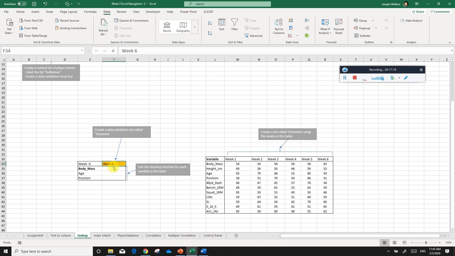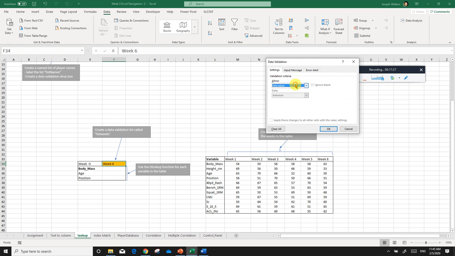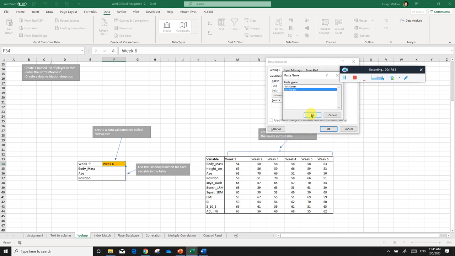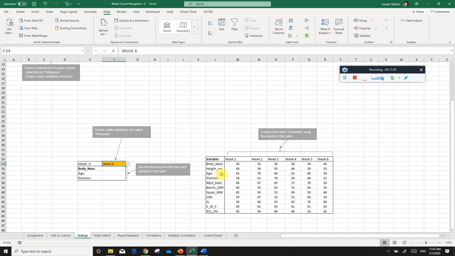Now we want to put that list right there. To do so, we go back to the data tab, which we're already on, go to data validation, list. Where do we want that list to come from? Well, we hit F3. We want it to come from weeks, hit OK, and there we have it. Now we want to put our function right in the string of data. So we hit equals, and this time it's HLOOKUP,